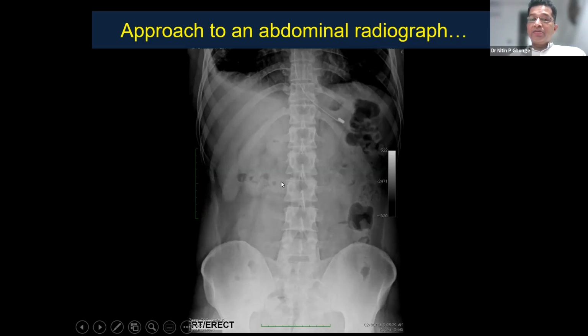If there is paucity of fat, then the margins will not be very well seen, and accordingly, you will be able to look at the size of the kidney, whether it is small or large or normal size. So normally it should not be more than 3 vertebral body height. So here you can see the right renal outline, and it is approximately around 3 vertebral height, which is all right. And similarly on the left side, where the margins are less well defined as compared to